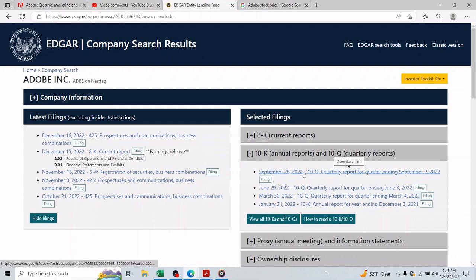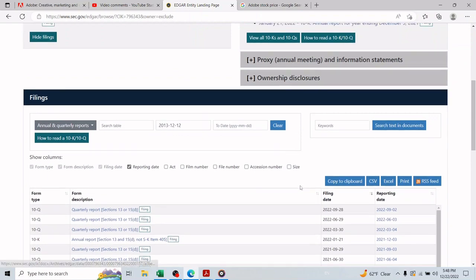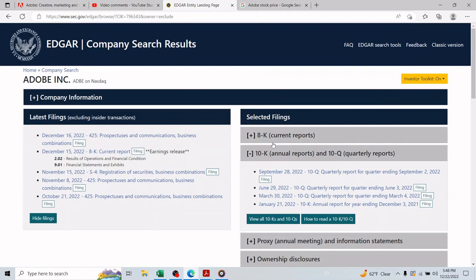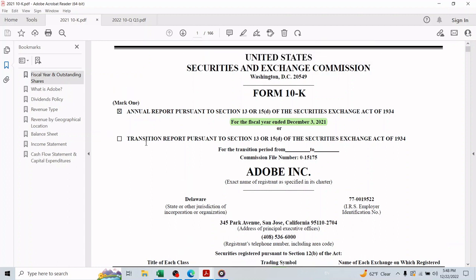If you are into investing, I advise you to download the latest 10K annual report and go over it because it helps you make an educated decision. Adobe Inc. has a fiscal year that ends in the beginning of December. So technically the company just finished its 2022 and has 40 days to file the 2022 10K report and make